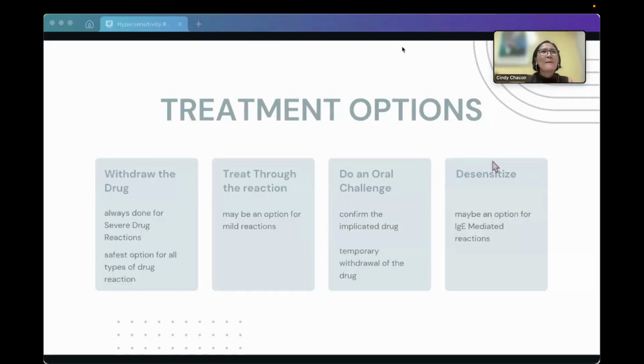Sometimes, lalo na for example, nag-develop ng drug reaction 2 days before the completion of the antibiotic, minsan, sige na, tapusin na natin, sayang eh. On the other hand, drugs that are not suspected but are important for the patient should also not be quickly withdrawn. This approach may permit judicious use of these agents in the future.